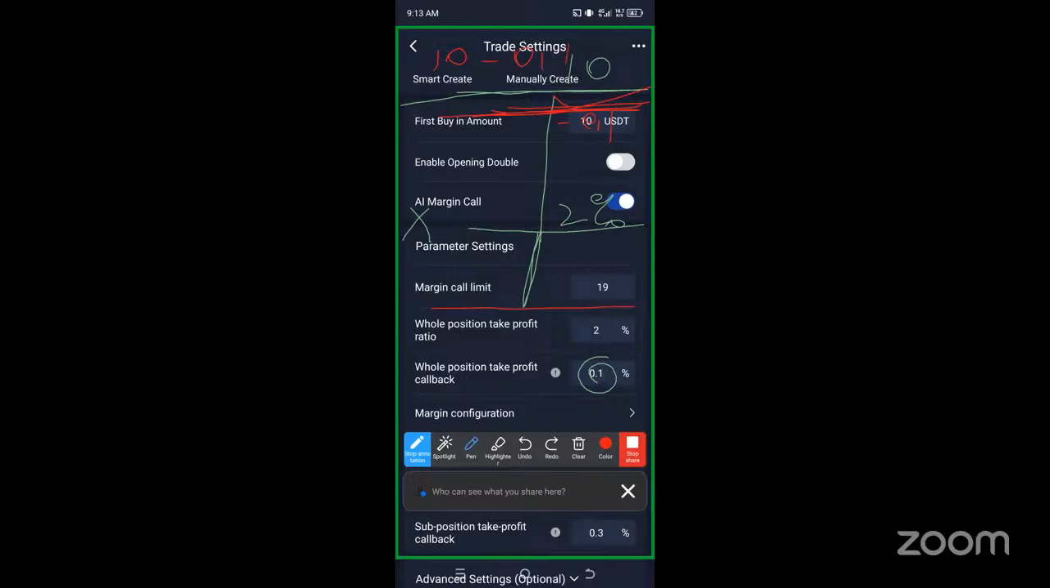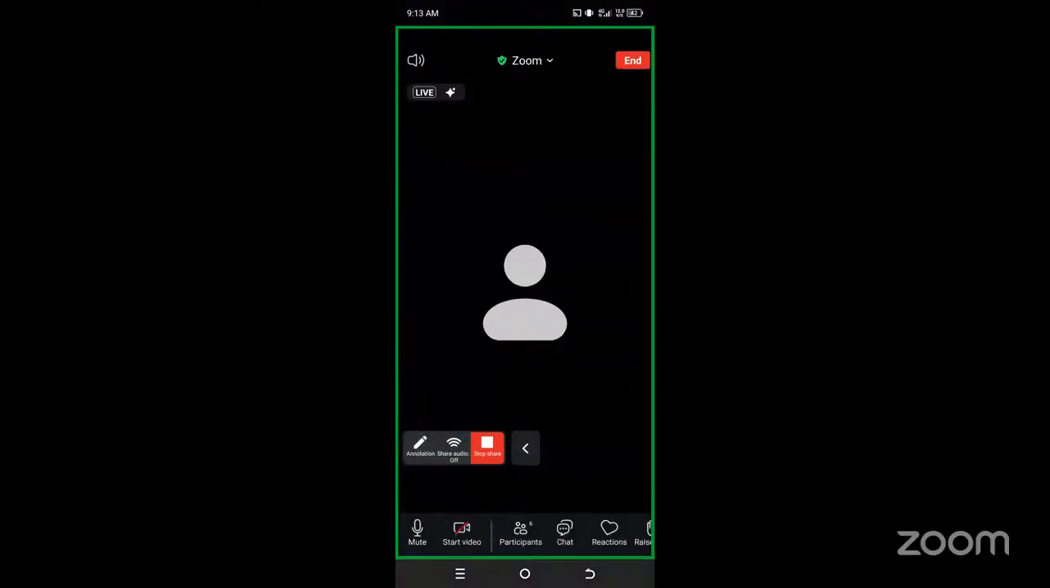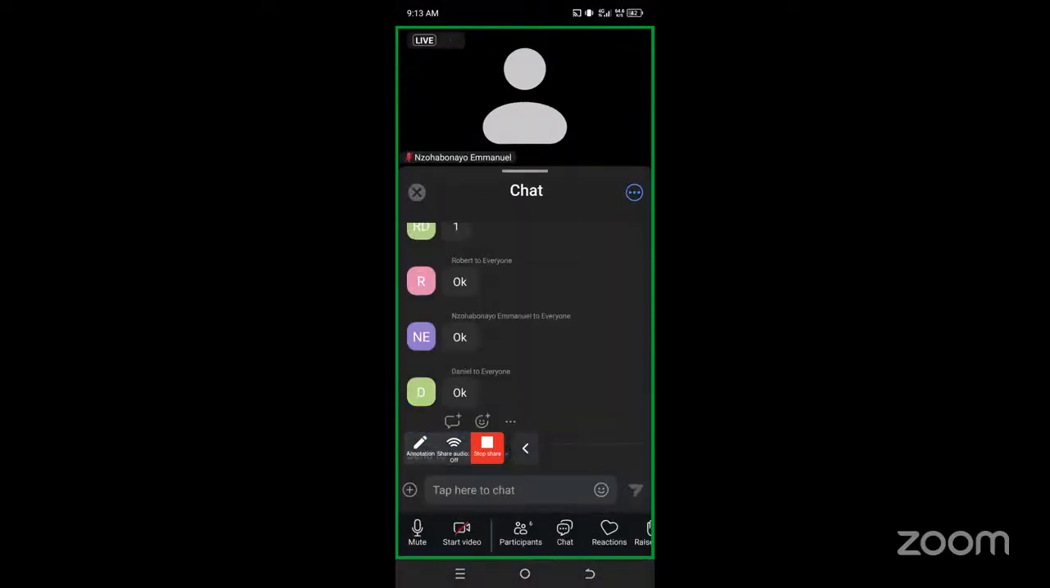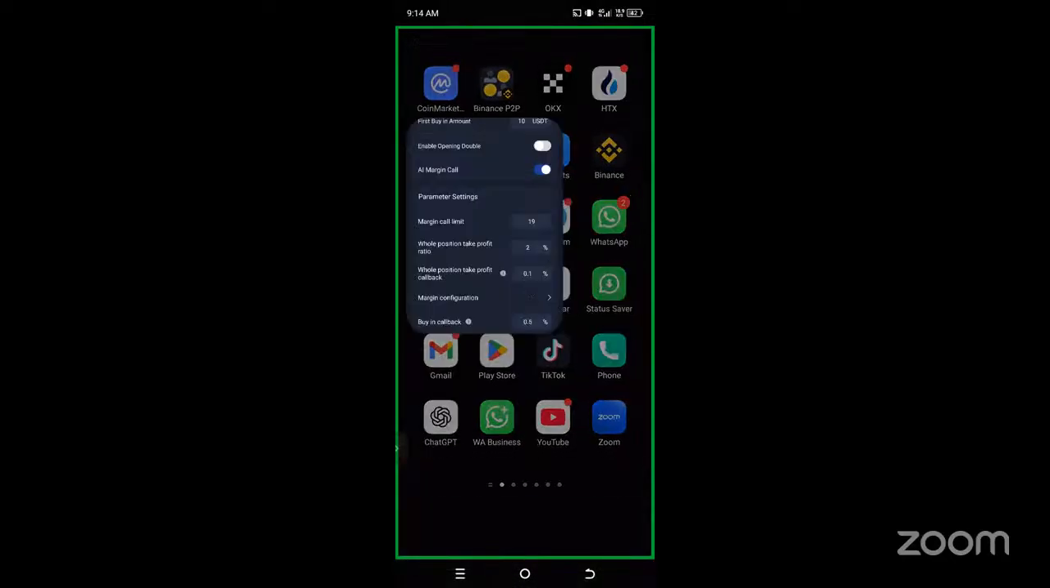How much profit will I get? In the chat box, let me go and see. 10 minus 0.1. Give me the answer. 10 minus 0.1. How much is that? How much profit will I make from that? Yes, 9.99. Yes, Nzohabonayo is now getting it well. So I will get,